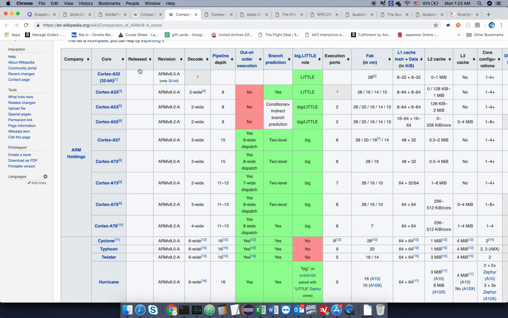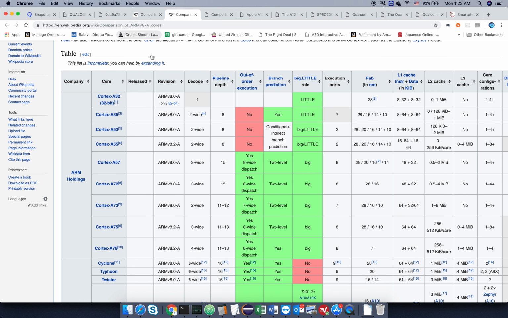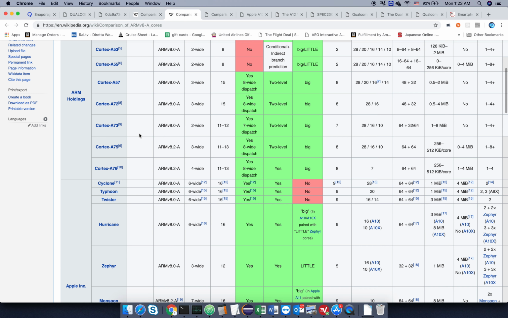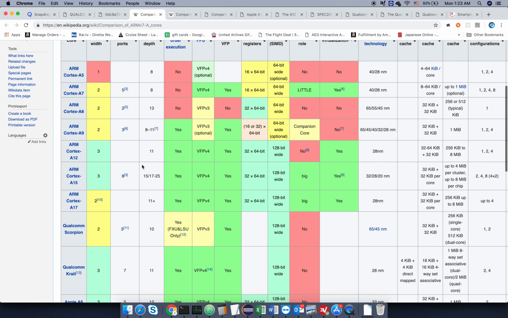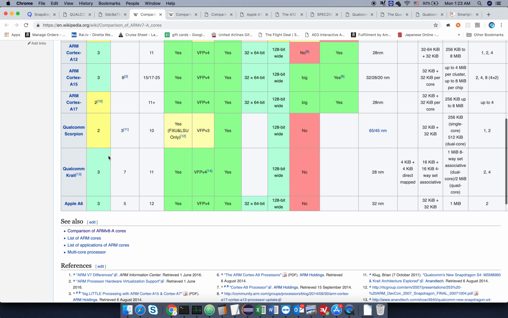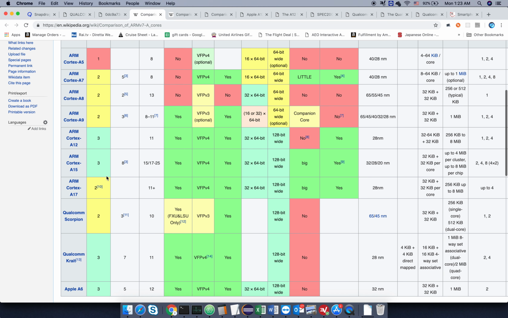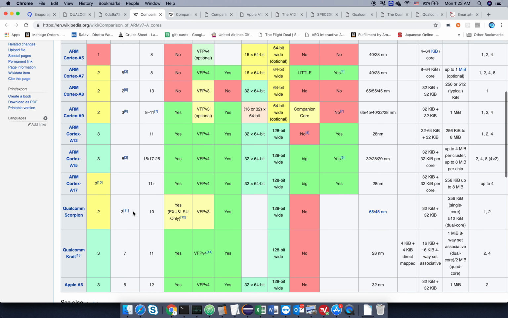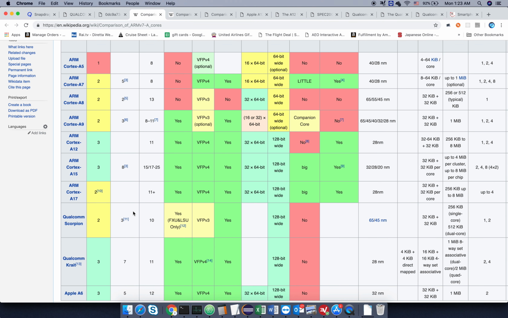So Qualcomm used to build its own cores completely. That happened with ARMv7, and the Qualcomm Krait is a complete new microarchitecture. It has very few things in common.